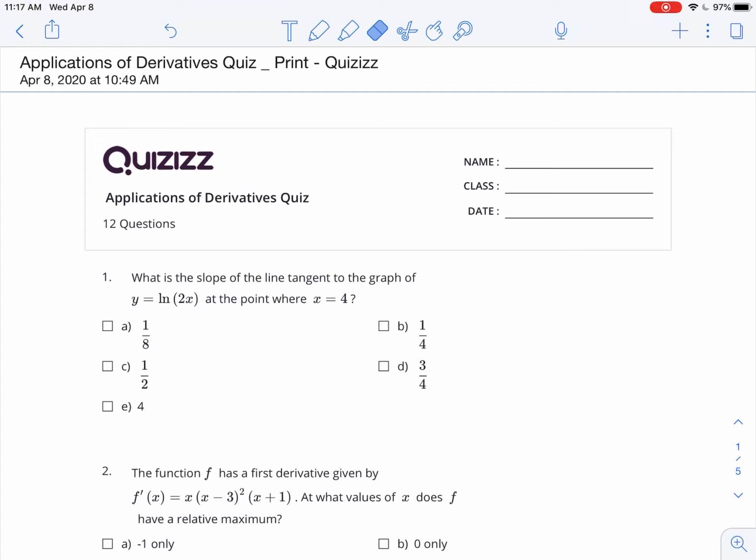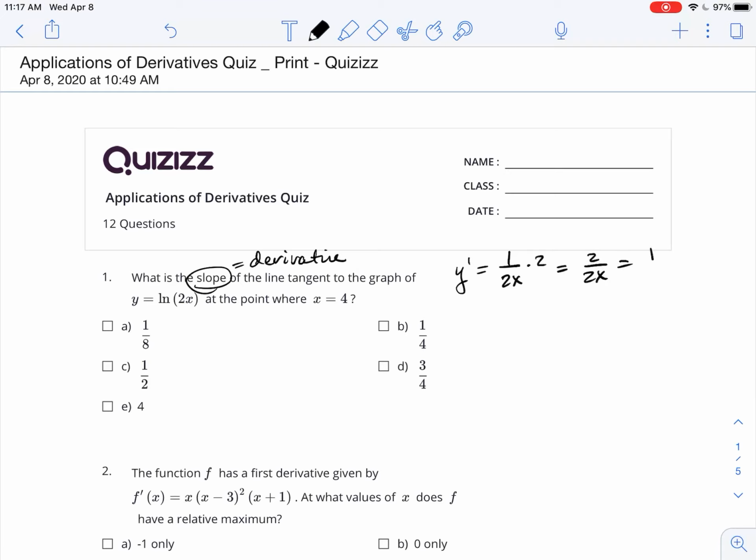Your applications of derivative quiz. What is the slope of the line tangent to the graph of y equals natural log 2x at the point where x is 4? So the first thing we'll need to do is find the slope, which means the derivative. So I'll find the derivative of this function, y prime, and the derivative of natural log is the reciprocal function,